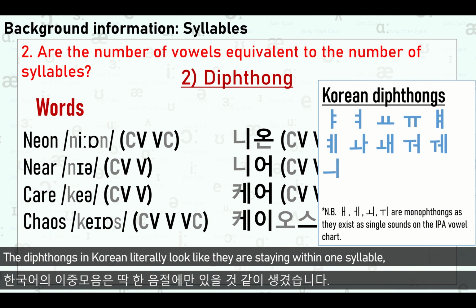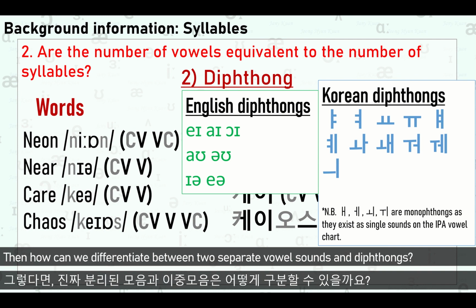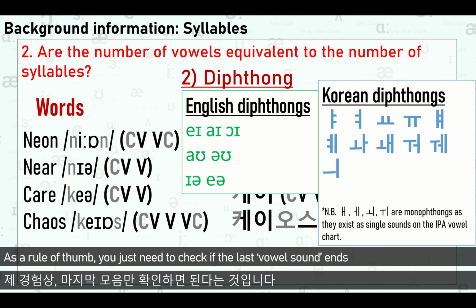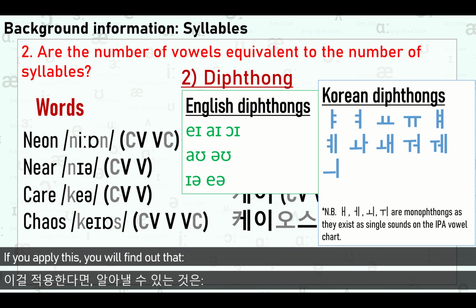The diphthongs in Korean literally look like they are staying within one syllable, but in English, they may be deceiving as 2 separate sounds because of how they look. Then, how can we differentiate between 2 separate vowel sounds and diphthongs? As a rule of thumb, you just need to check if the last vowel sound ends with the weak vowels like I or U, when you see there are more than one vowel sounds. If you apply this, you will find out that